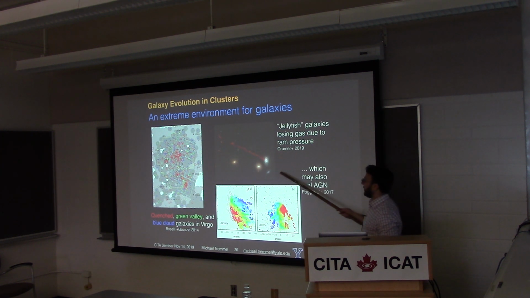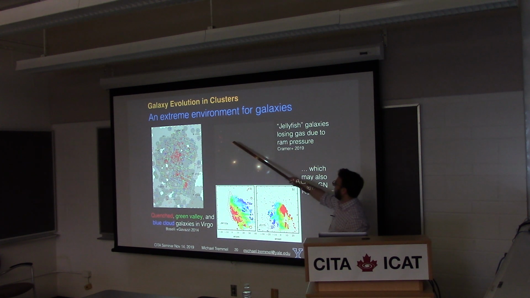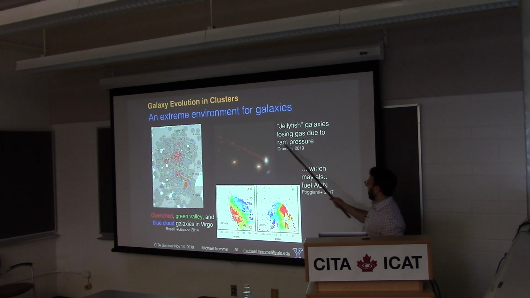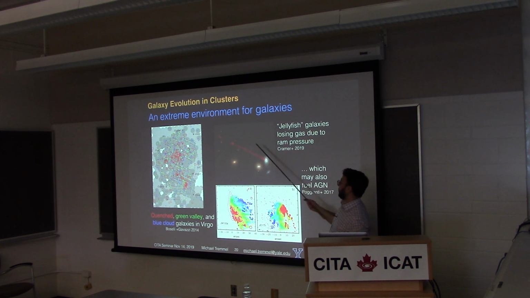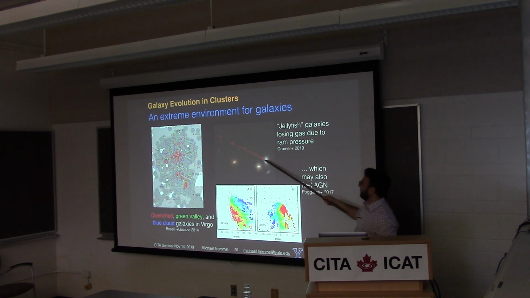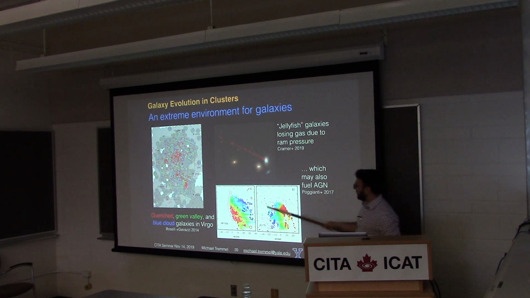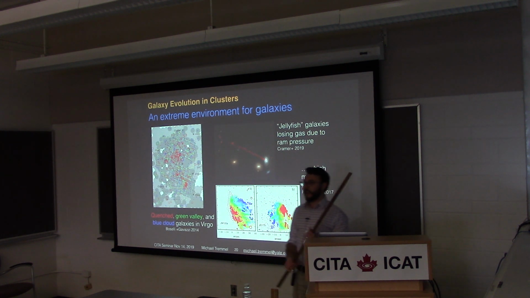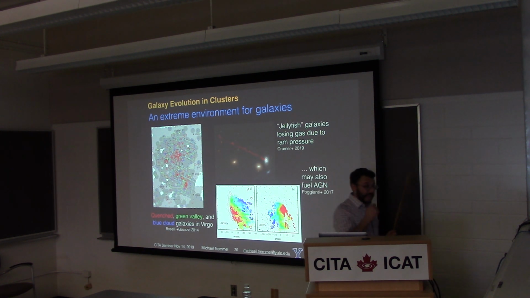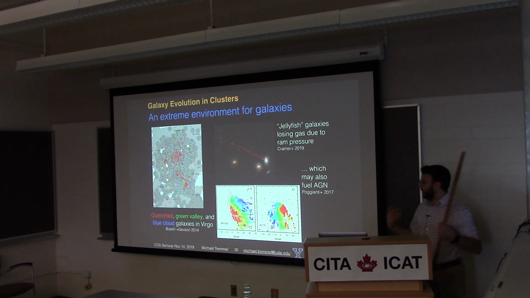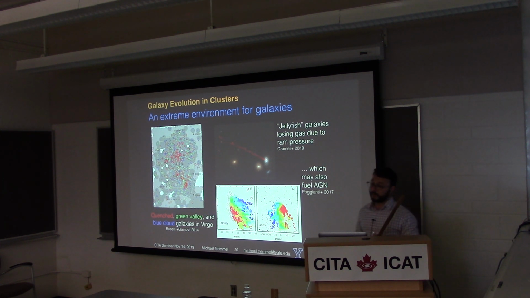Direct evidence from these jellyfish galaxies, and really cool images like this by Yale graduate student William Kramer, where you have these long tails of gas that's being taken away by the galaxy going through the ICM, being affected by ram pressure. And these jellyfish galaxies down here from the GASP survey, for example, also see some interesting AGN activity, which might also be interesting to study. And so how this interaction with ram pressure is affecting galaxy evolution and the evolution of black holes is a